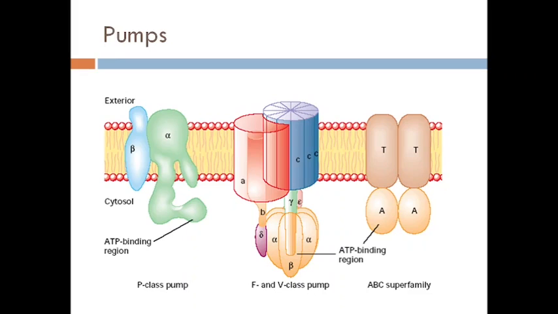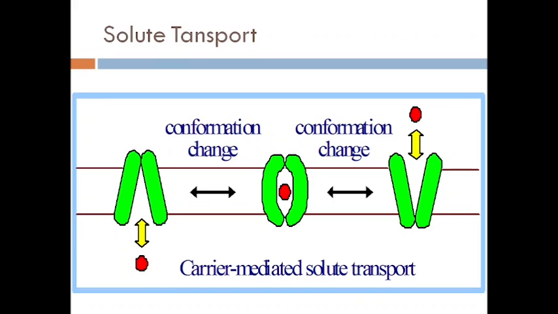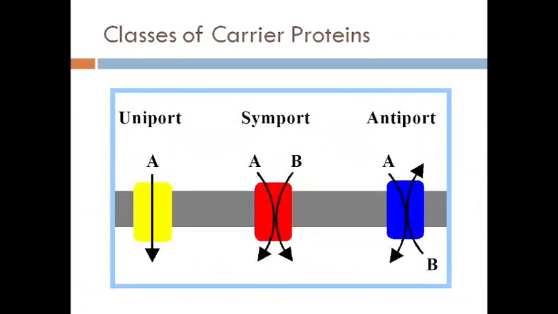Then after, the ABC superfamily also has 4 subunits which are able to transport the solute. Now the solute is being transported by a particular carrier which undergoes conformational change. In the first figure we can see that the solute molecule from the cytoplasmic membrane is going to the carrier protein, and as soon as it touches, the carrier protein will change its conformation, and then again it will release the solute molecule outside the cytoplasmic membrane. So this is called carrier mediated solute transport.